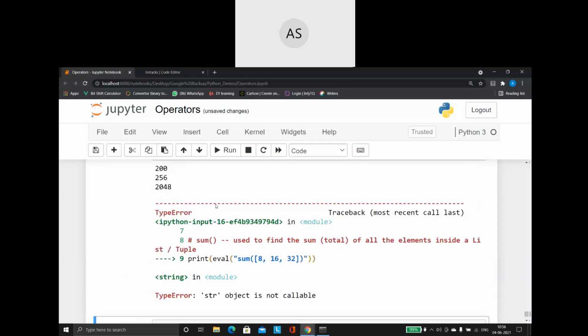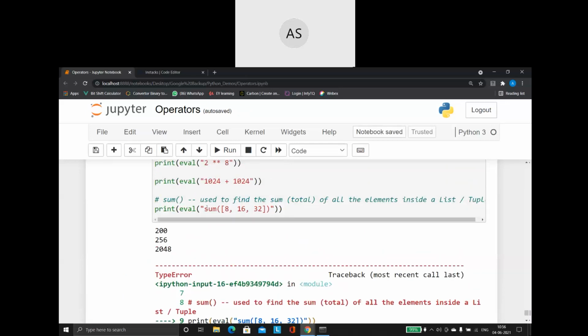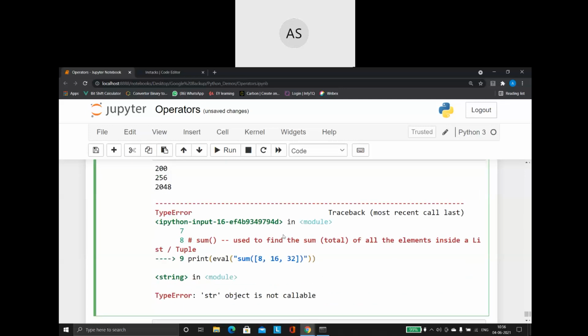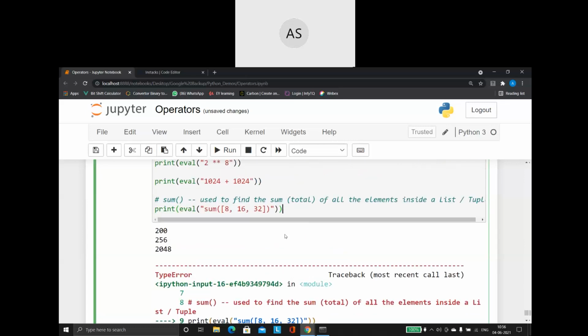One second guys. Let me just check what the error is here. It says STR is not callable. Okay, let me just check this guys. It's supposed to work.